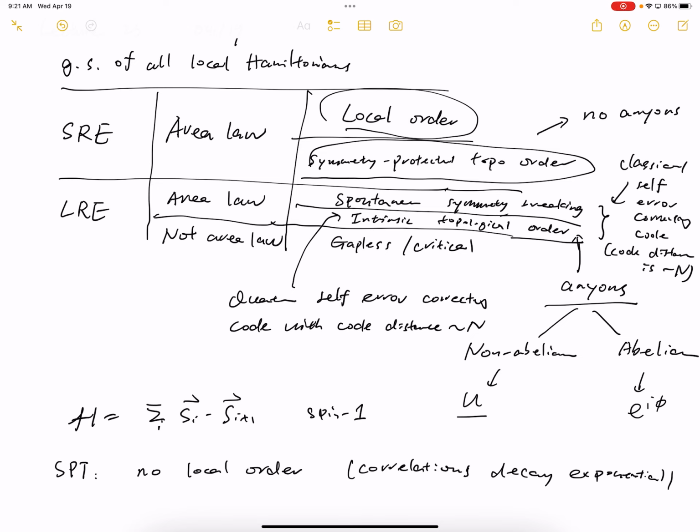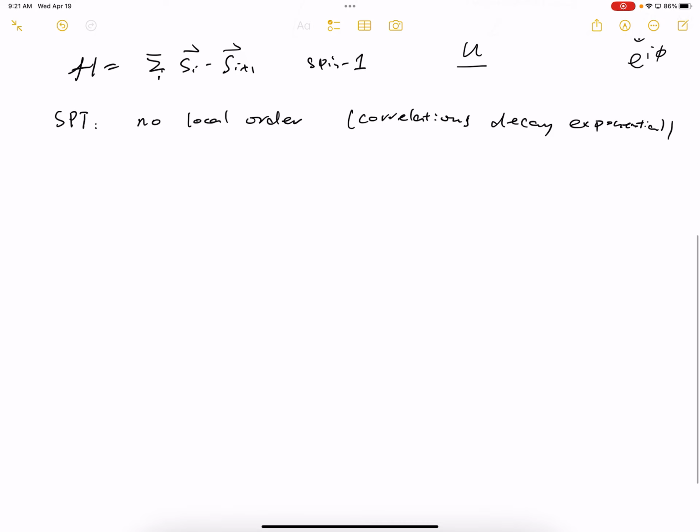And they're also gapped, so it's not gapless. They do satisfy the area law. So this is the last class we're going to talk about. This state is kind of a bit weird. They don't have any local order, and the spins are not correlated. So what exactly is it? What's actually going on is